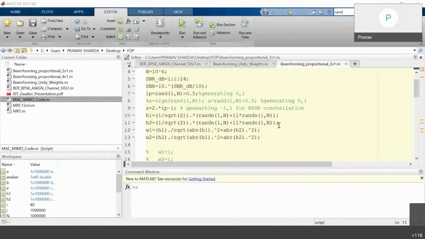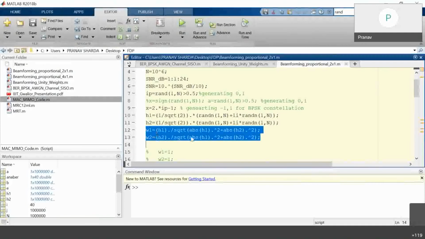coefficients, right? So it is square root of some alpha. We consider alpha to be unity. Okay. And in the denominator, we have mod of h1 square plus mod of h2 square and into h1, right? So this expression is written over there. This is how we make selection of the weights when they are proportional to the channel gains, right? So it was discussed by Professor Bhatnagar. So it is written over here.